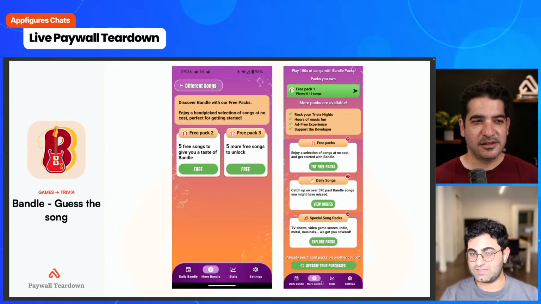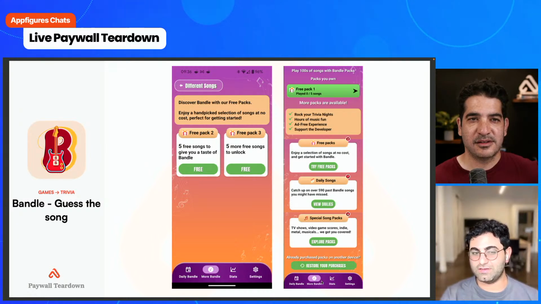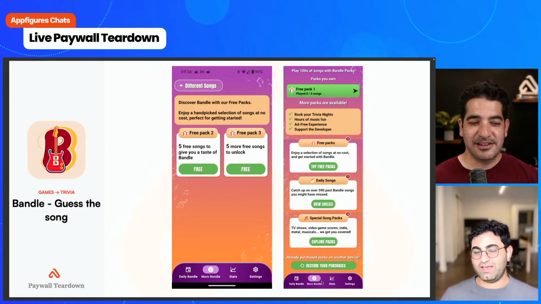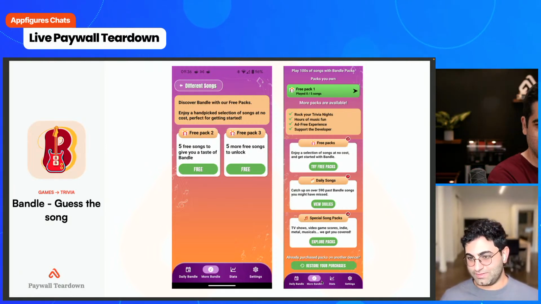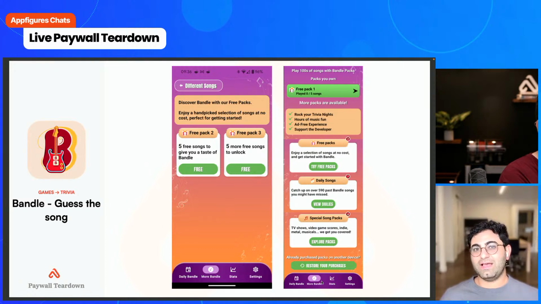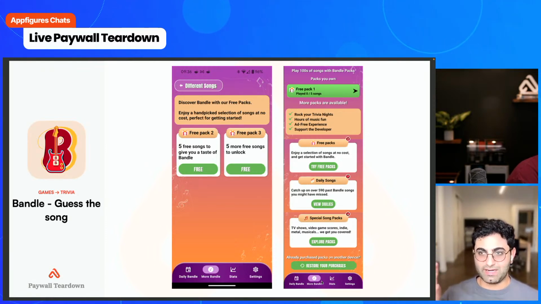Something people usually do when they add Superwall is they want to do an integration test. So they want to test their native paywall versus their Superwall paywall. And they want to make sure that conversion rates are the same, that everything is set up properly. And anytime that doesn't go well, it's usually because of two reasons. One, the X button is bigger in the Superwall version, so people close the paywall faster. And two, the text inside of the purchase button is smaller. So if you have a bigger X button and smaller text, it hurts conversions.